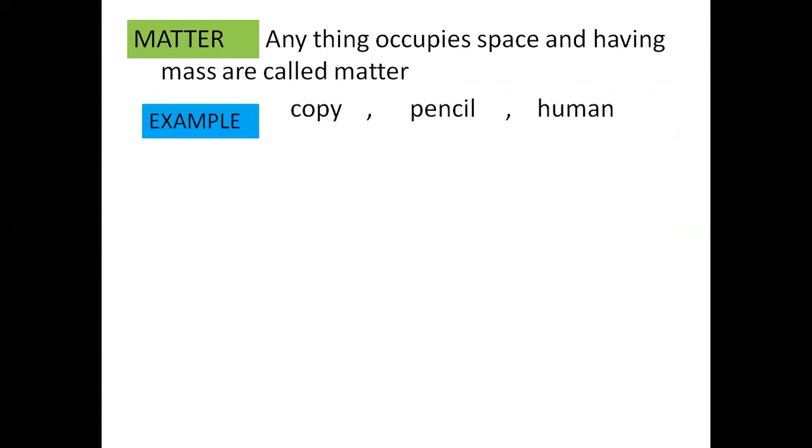What are the matters? You observe lots of things in your environment. For example, human, plant, animals, copy, pencil, all these are matter. It means that everything that occupies space and has weight is called matter. When we go into the detail of matter, there are three states of matter, solid, liquid, and gas, and the difference between the three states is the arrangement of the atoms. The solid particles are tightly packed to each other, the liquid particles are far from each other as compared to solid, and when we talk about gases, these are very far from each other.